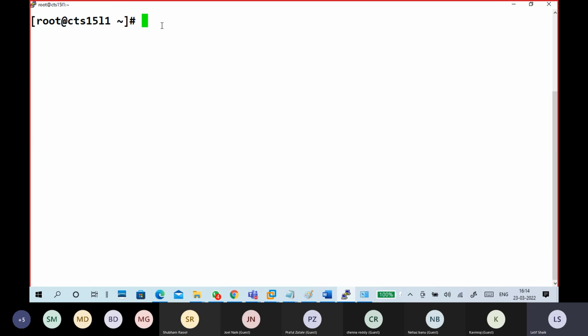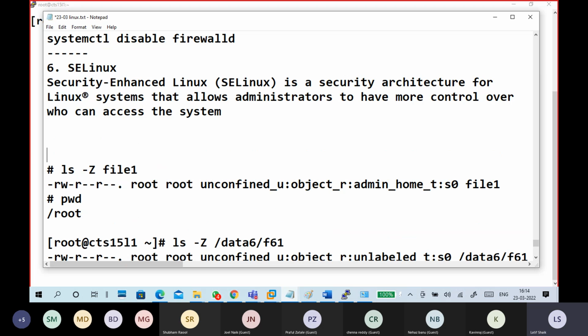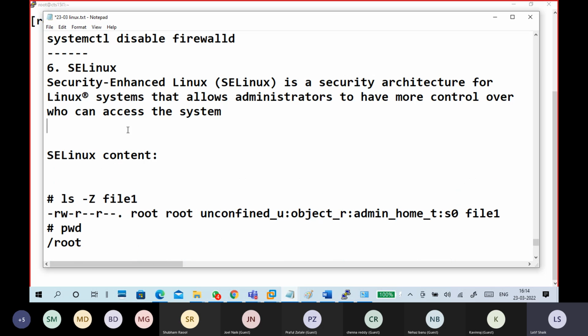So this is the content. First of all, these are all SELinux contents. How to check it on the system?